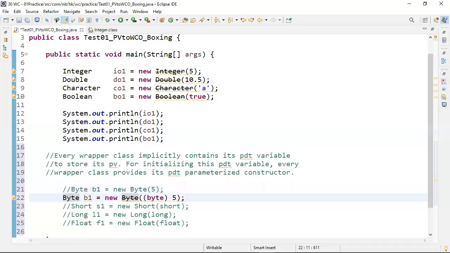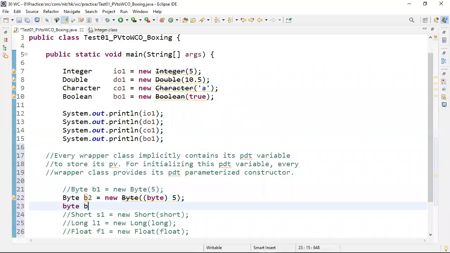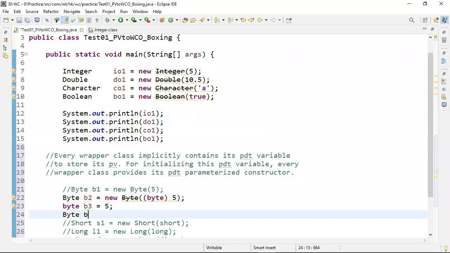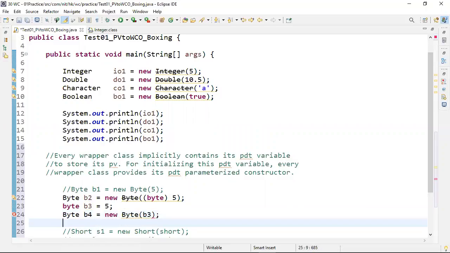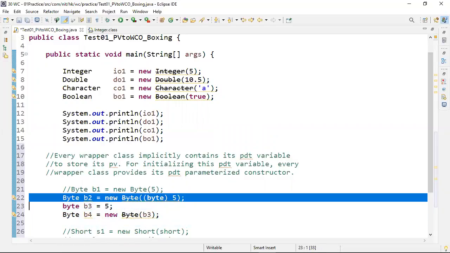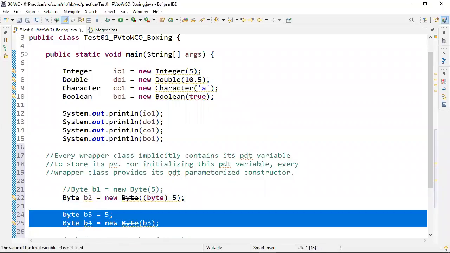I told you two ways: either by using the cast operator or by using a variable. You have to create a variable of type byte, b3 or whatever, equal to 5, and then create Byte b4 equal to new Byte of b3. So via either the cast operator or a variable, you have to pass the int value as a byte type to the constructor. So this point we discussed.